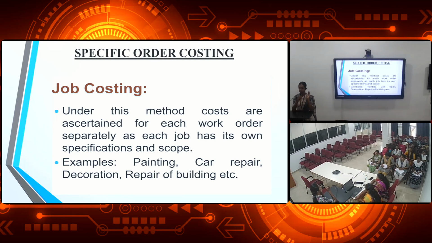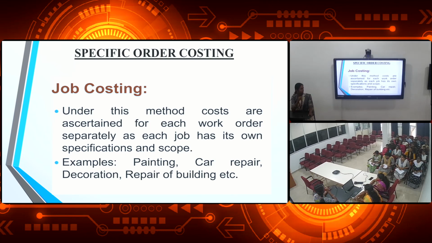There are some die changing jobs, or some modifications that have to be done. For that, the costing may be different, so for that only we are separating this as job costing. For every other order there are some complications, or there are no complications also. So for that we are categorizing it as job costing.